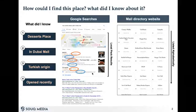So I went to the Dubai Mall website. I looked through the directory of stores. I didn't know the name, but I thought if I saw it, I would recognize it. This is where it should have been, but